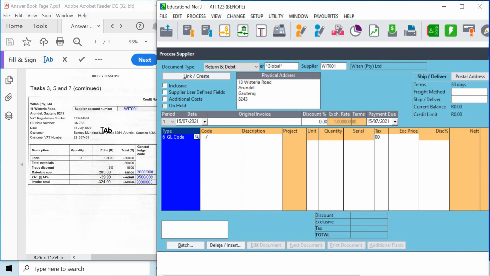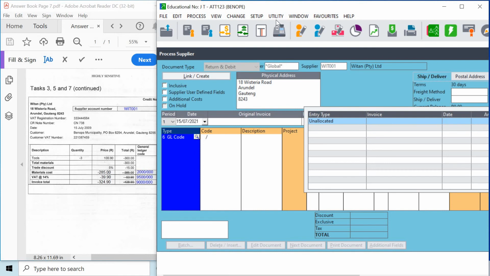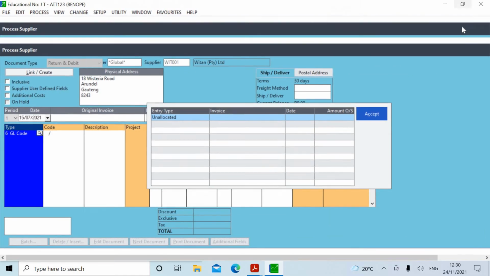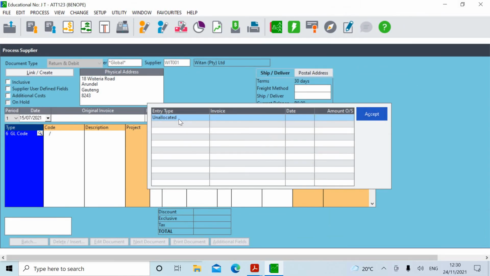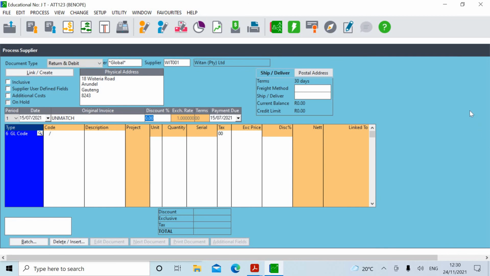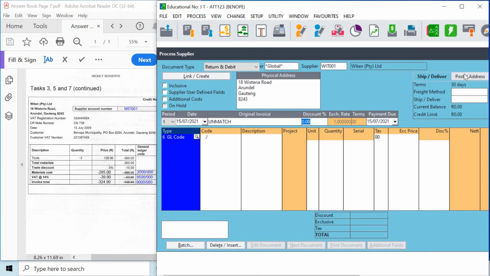Original invoice we do not have, we are not given it, so just use your tab key, and as you tab out you'll see this unallocated entry. We can accept it is an unallocated entry in our original invoice, so that is correct. We have a payment due date,